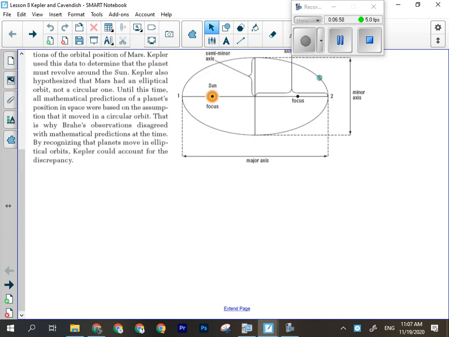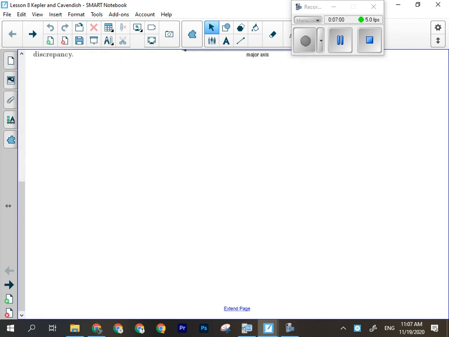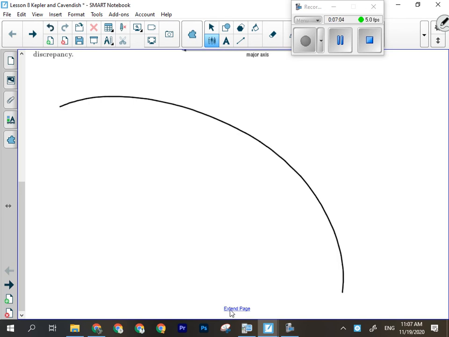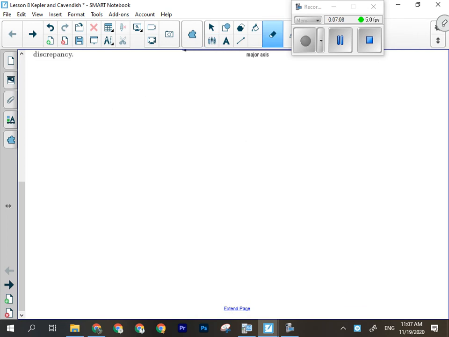But especially for Mars, he noticed that instead of doing what all the other bodies did, which is just move in an arc past the Earth, Mars would do this periodically. It would move in the sky in a very predictable way, and then it would backtrack in the sky,